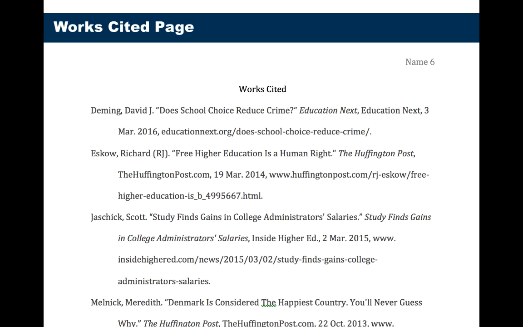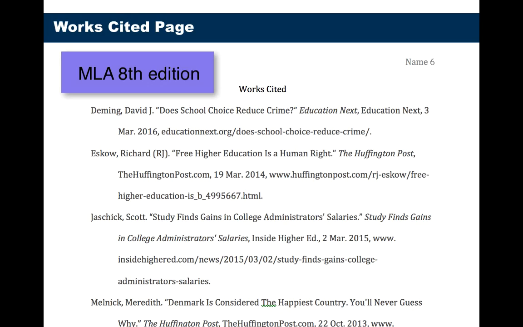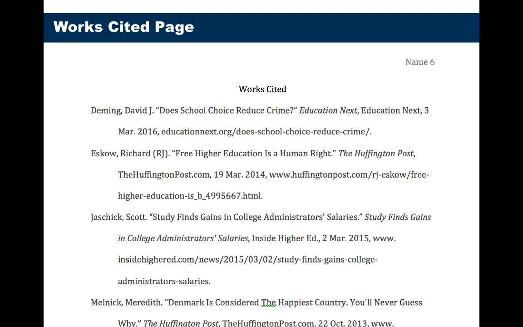The other new thing for this type of essay is we're going to use a works cited page. Anytime you write a documented essay, you have to cite your sources and you have to list those sources in some kind of way. Other formats have a different way of doing that. What we're using is MLA format. And in MLA format, you write your sources in a works cited page.